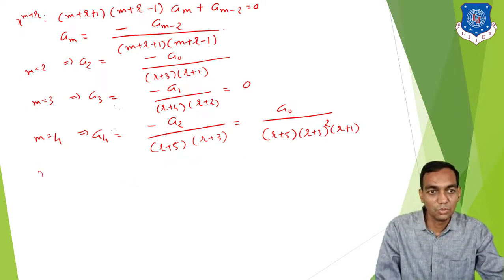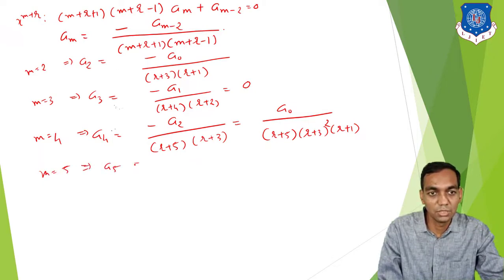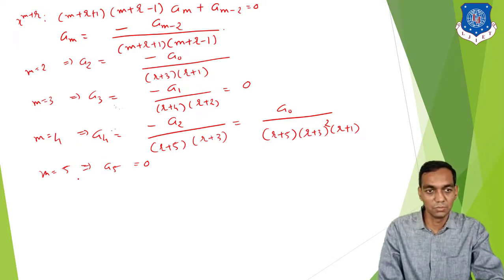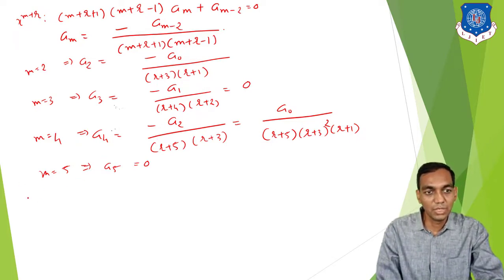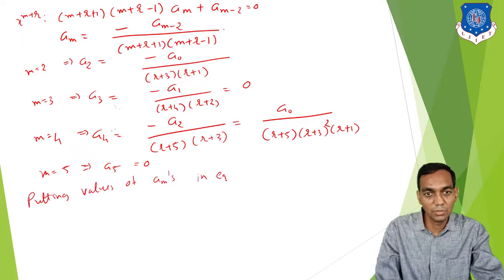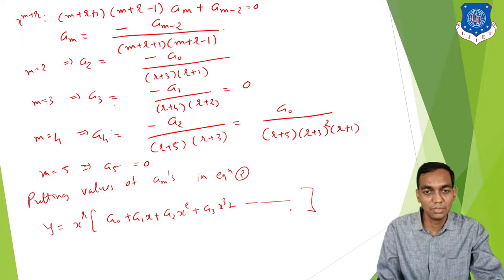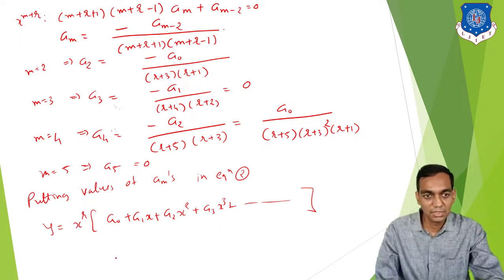So if you are going to put m is equal to 5, then a5 is going to be 0, because you will get minus a3 and a3 is equal to 0. So putting values of m in equation 2, that will give y is equal to x raised to r times a0 plus a1x plus a2x square plus a3x cube, and so on. So that is nothing but